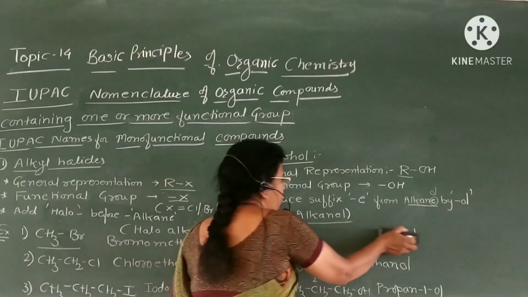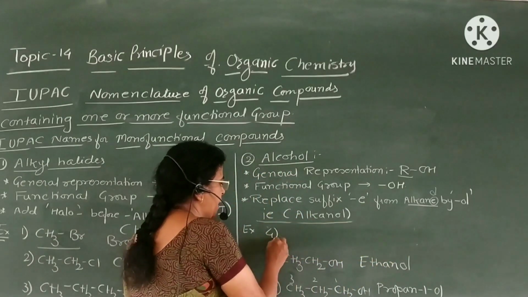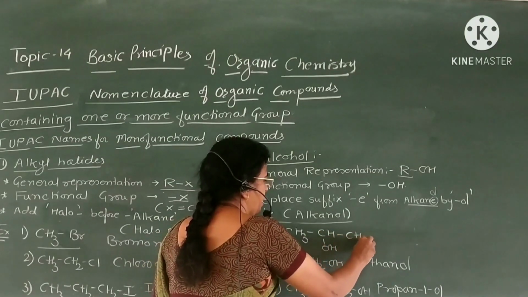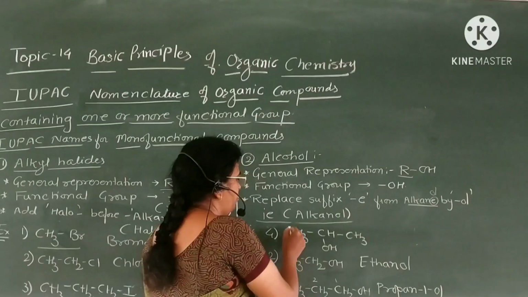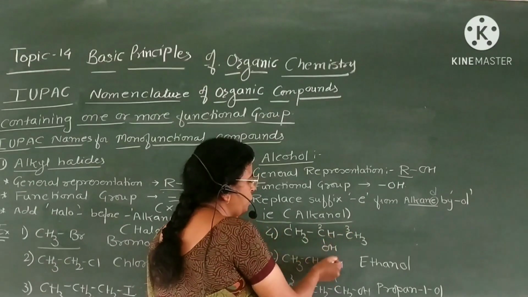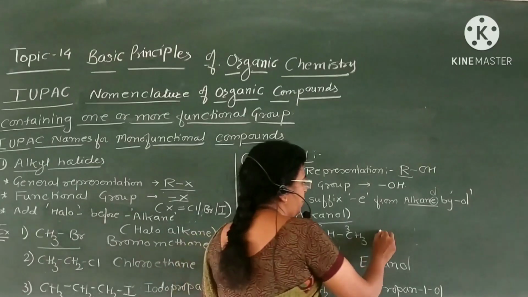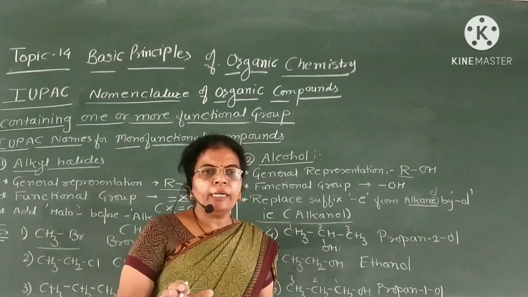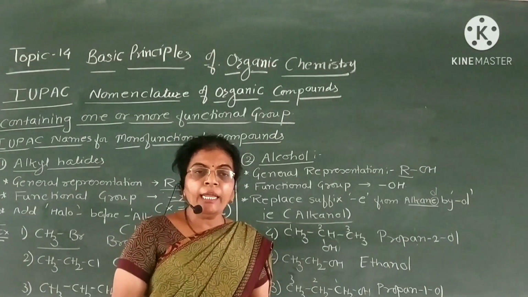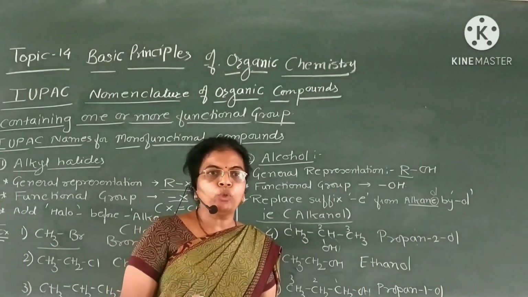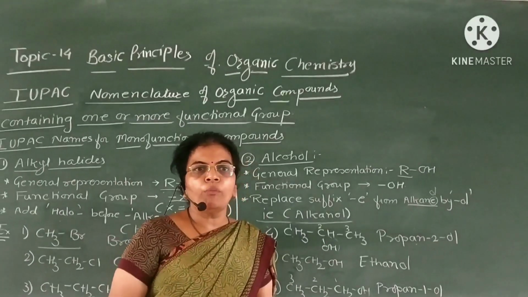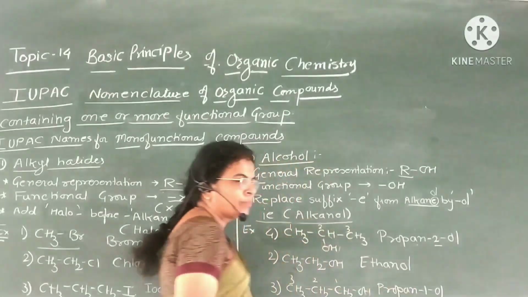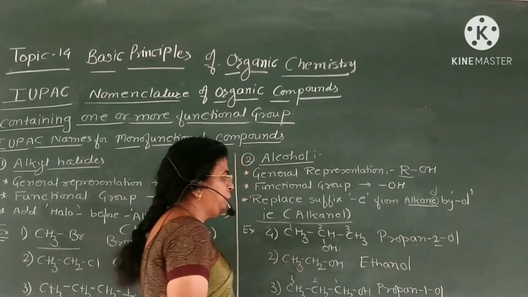Now for example, we are going to see the next, number 4 example. If we take CH3CHOHCH3, there are three carbon atoms, 1, 2, 3, but the hydroxy group is present at the 2 position, therefore it becomes propane-2-ol. If the number of carbon atoms present in the chain increases, and if the functional group, that is the OH group, is attached to any carbon atom, then the position of this OH group is determined by giving the proper number. In this way, the name of this compound is propane-2-ol.